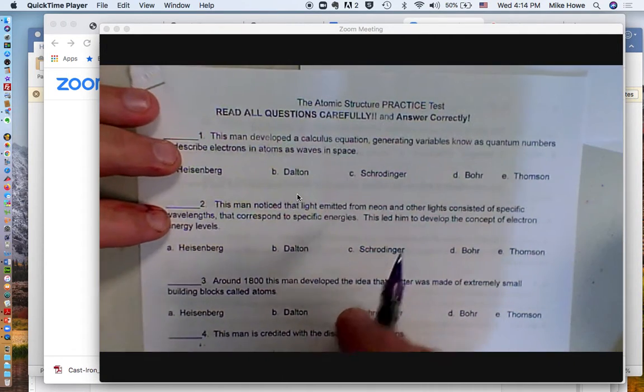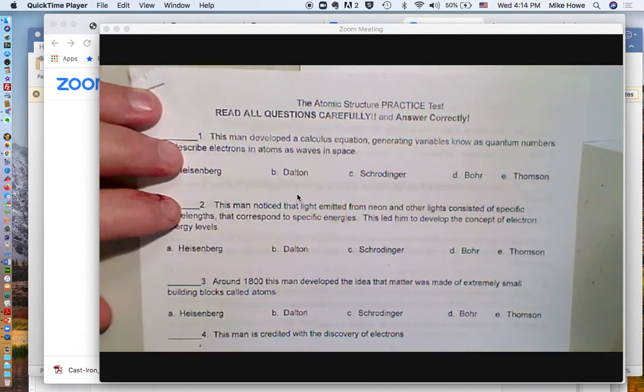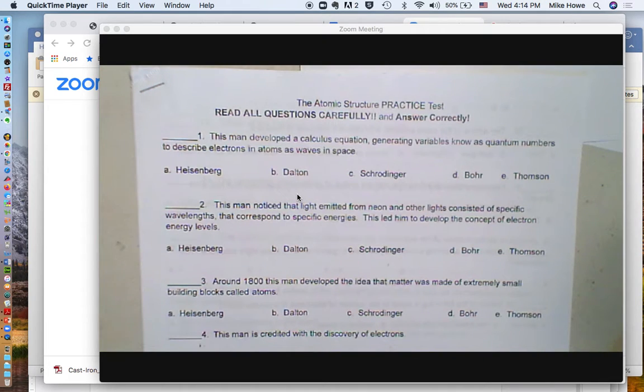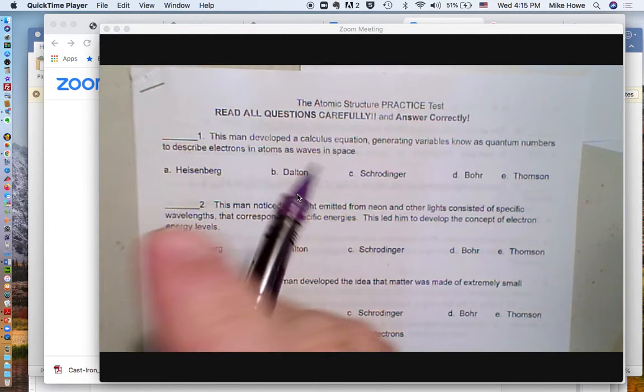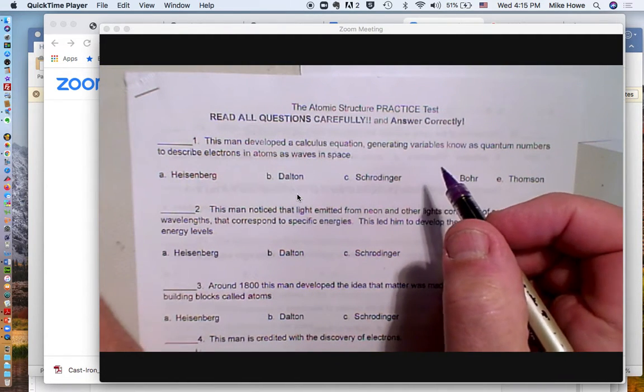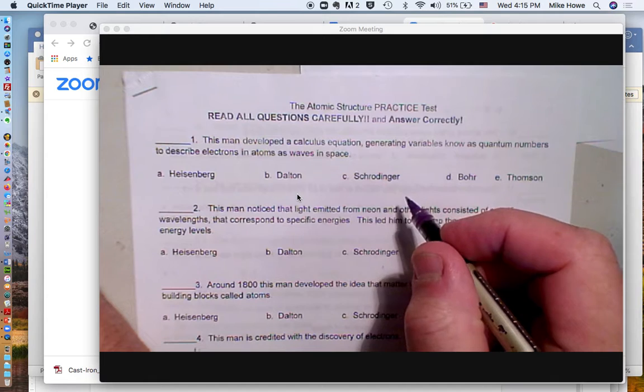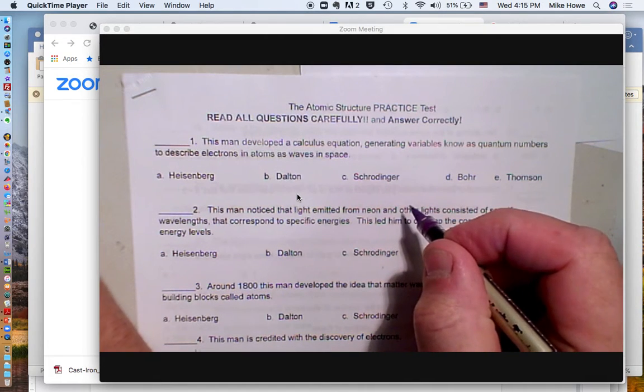So this is my overview of the practice test about atoms. The first 5 questions are about names of guys. One day I wove a story together, and I just picked these 5 names out to remind you of the story. So the calculus equation generating the quantum numbers comes from treating an electron as waves, and so everything